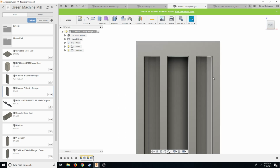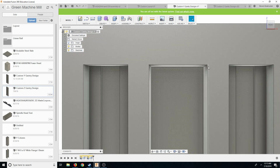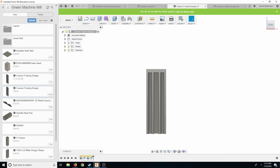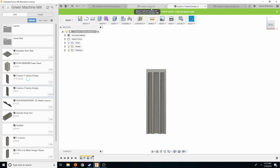Obviously there's going to be issues with roundness here on the corners. Probably come in with a tiny little end mill and work in that. But right now we're not going to worry about that. I might even do a little cutout there in the corner just so I could get that opening. Okay, a little Mickey Mouse here. Alright, so now basically what that does